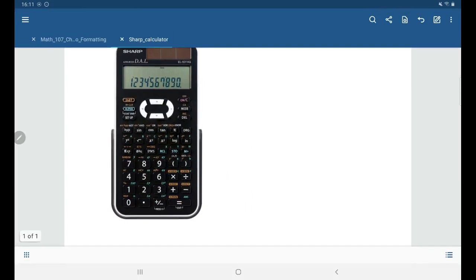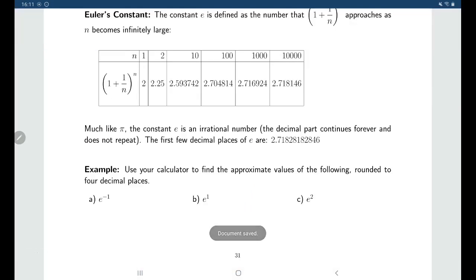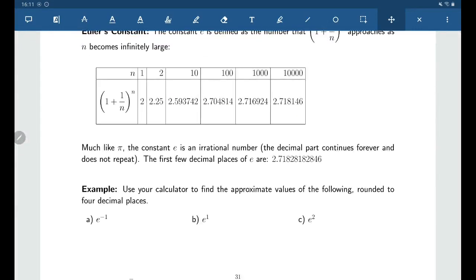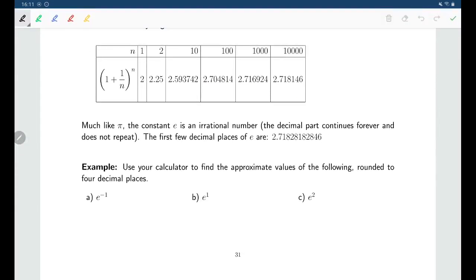All right, so that means for a little bit of calculation work that we might have to do here, if you're looking at finding approximate values for things, so e to the power of -1, so second function, e to the power of -1, and you'd find that that's 0.36787, so approximately 0.3679. E to the power of 1, that's second function, e to the power of, and then 1, and that's 2.71828, and so on, or for 4 decimal places,